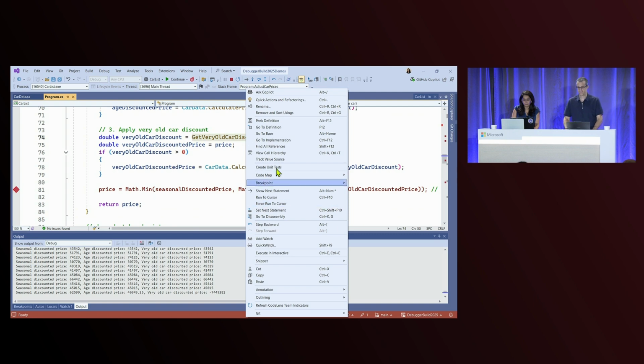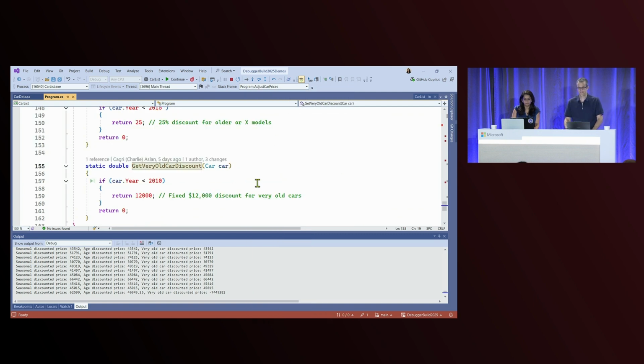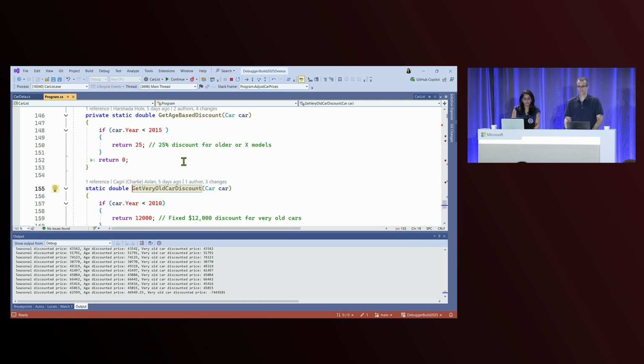So go to definition. OK. So if you notice, all the other discount prices have the percentage, while here I have the fixed value. So I'm guessing when I'm doing calculation, it's taking this 12,000 as a percentage or something like that, and that's why I'm getting this negative value.